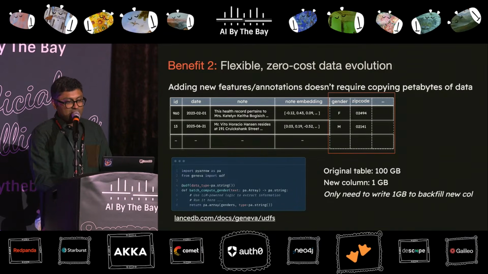The example here highlights that if you had an original table that was 100 GB in size, that's a non-trivial amount of data. But the new column that you added only added 1 GB to the whole table. If you were copying this entire data, transforming it, and doing a backfill operation in Iceberg, you would have to copy the entire 100 GB data table that was to the left of this column. But in LanceDB, it is a zero-copy operation, and all you do is write the 1 GB of data. So from an I/O standpoint, that is the biggest cost-saving and time-saving aspect of it.